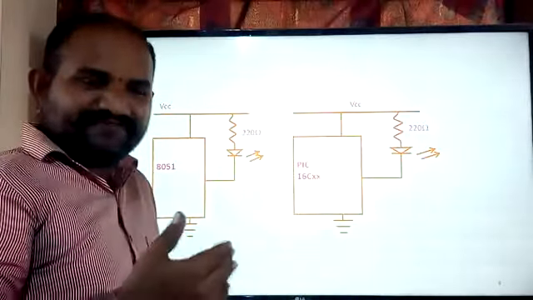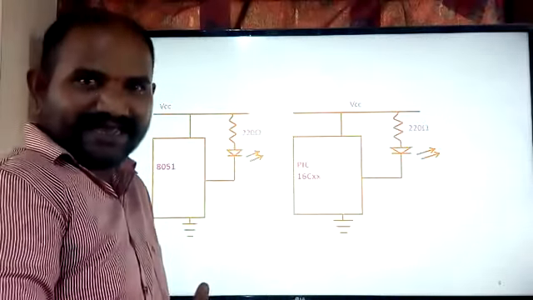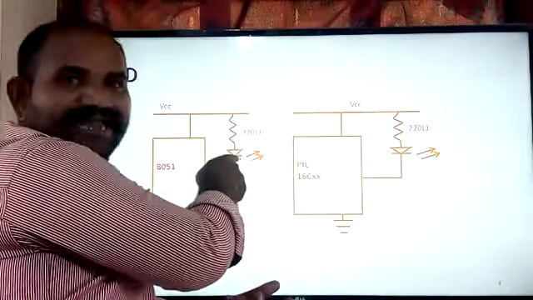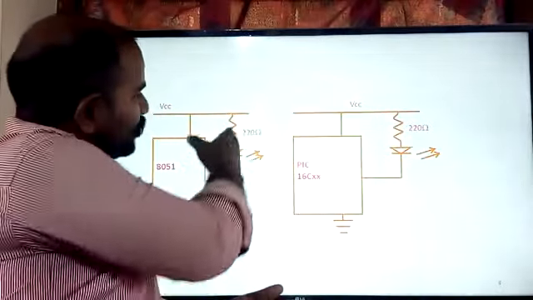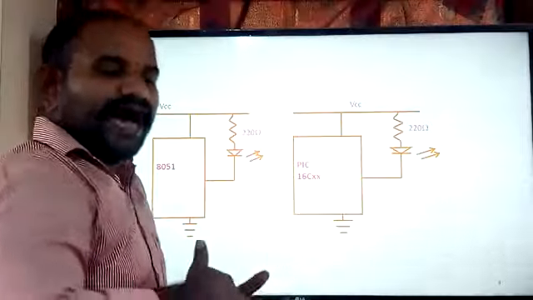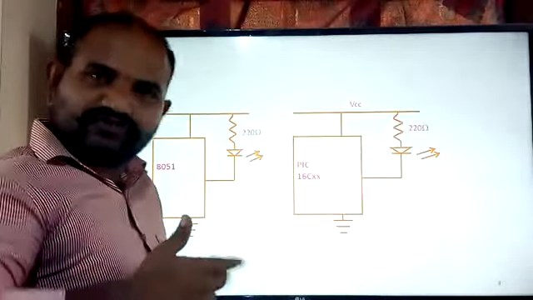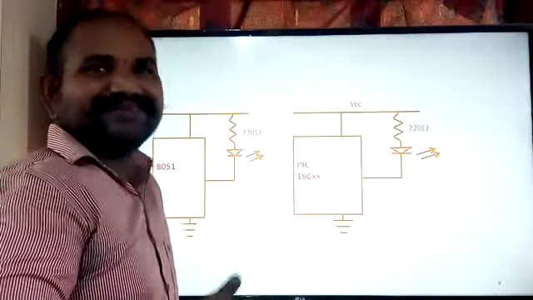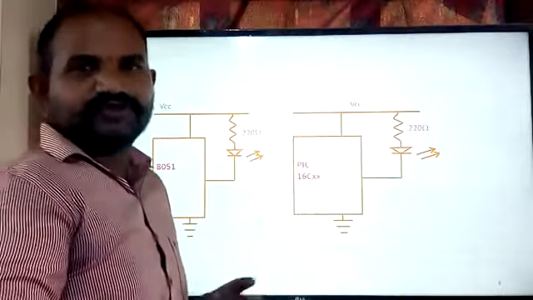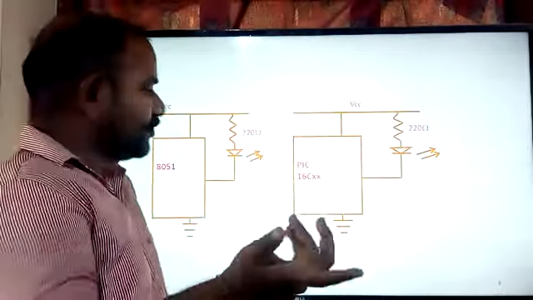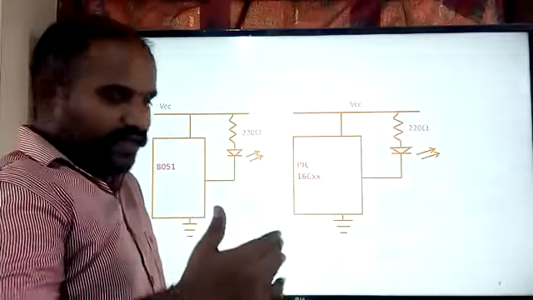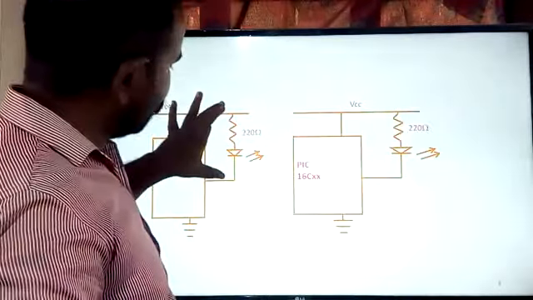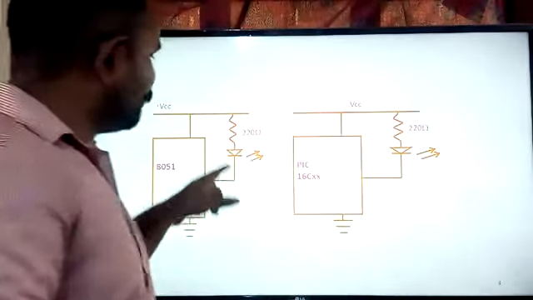So to protect the LED from high currents, we are supposed to use some resistor in series with the LED. Here in this case I am using 220 ohms. Based on the characteristics, we may use a 220 ohms resistor in series with the LED to protect it, or we may use 330 ohms. 220 ohms or 330 ohms satisfies our condition, which is going to protect our LED from extra power supplies. Extra power supply means high power, and in that case it is going to burst the LED literally.